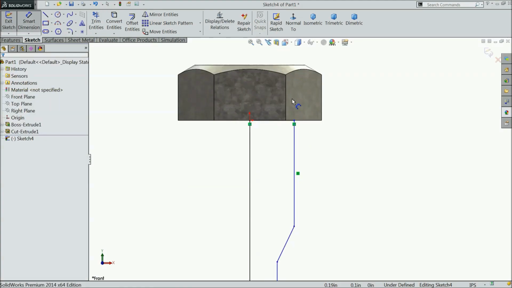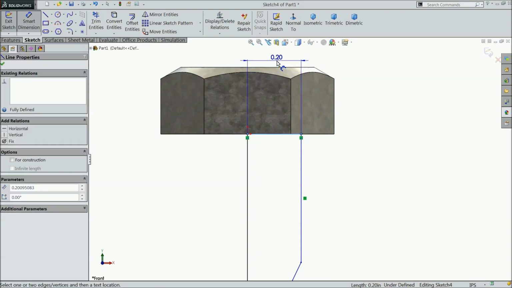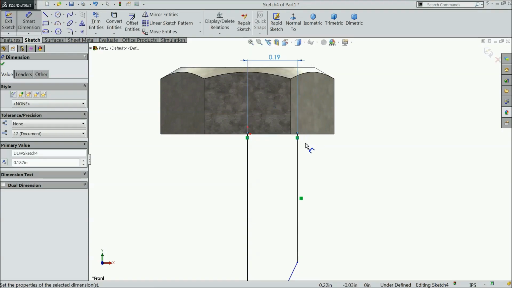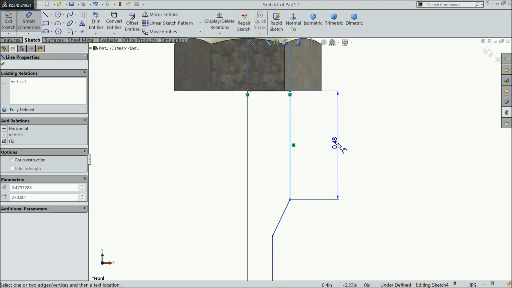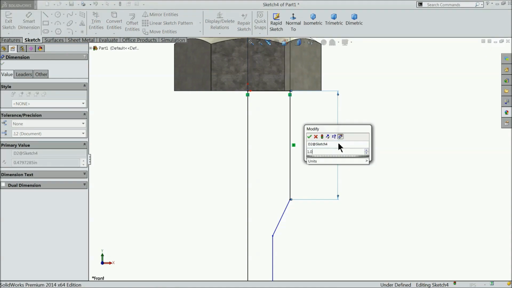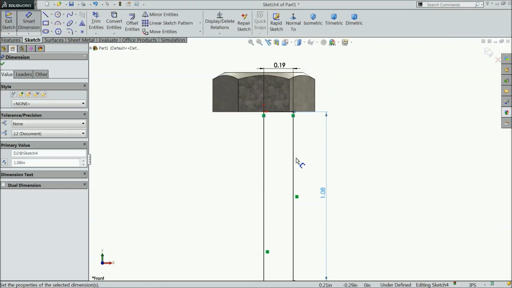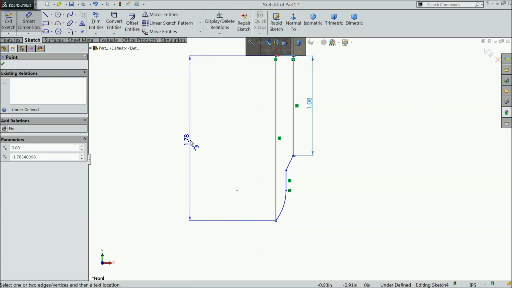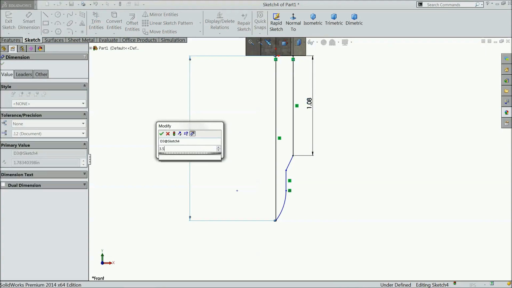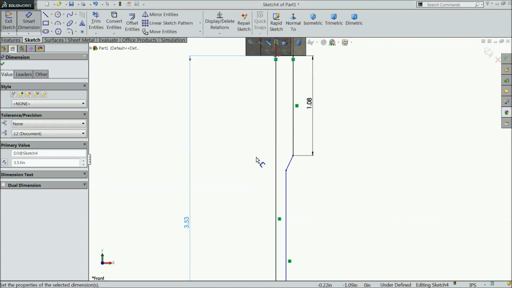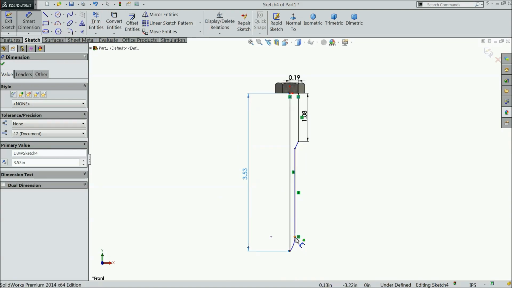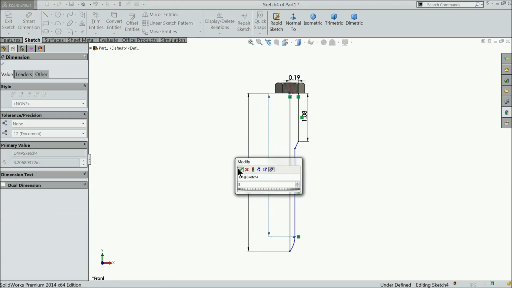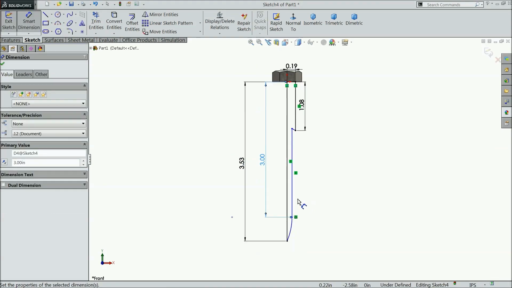Now let's define upper edge 0.187 inch. Okay, let's make the length 1.08 inch. Select the overall length 3.53 inch and select this bottom 3 inch. Okay,